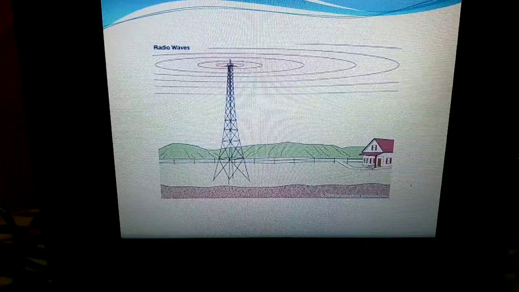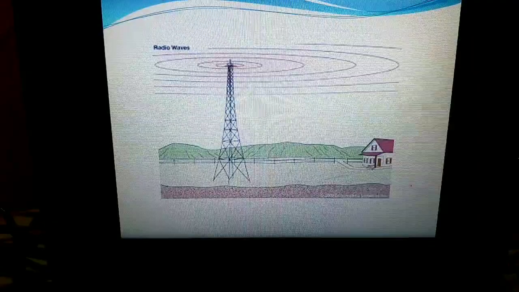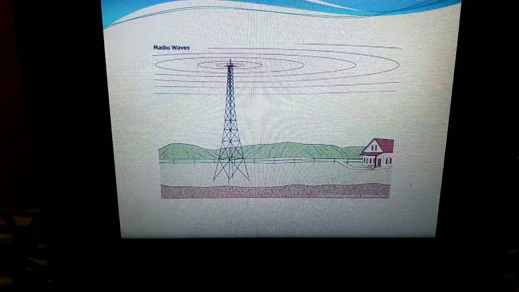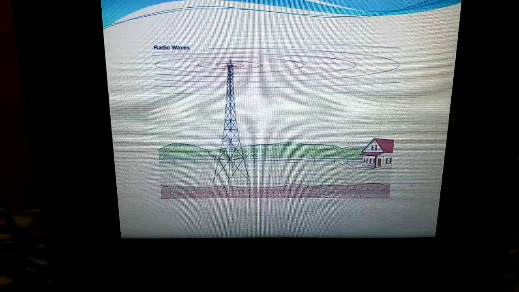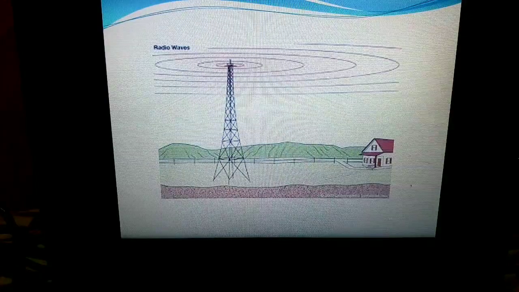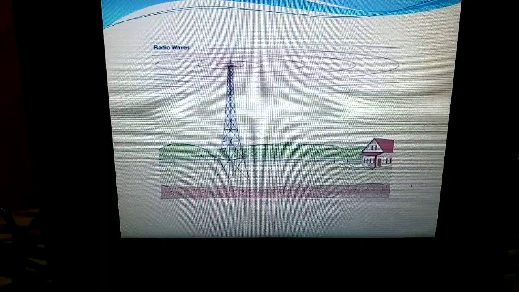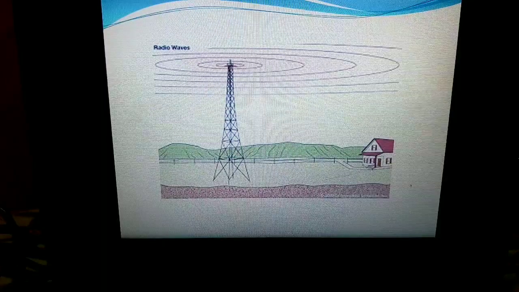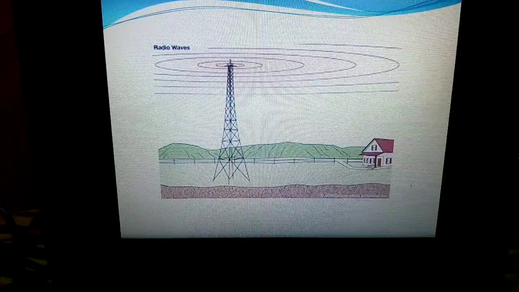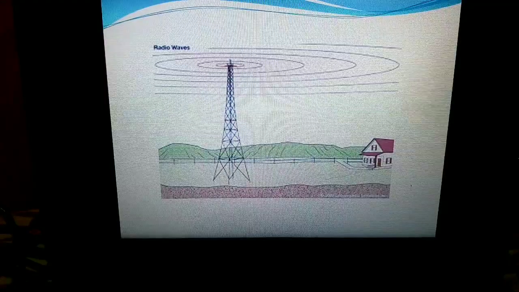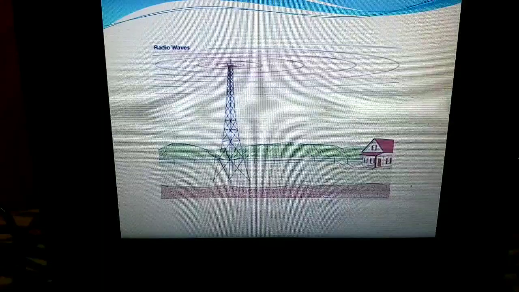It so happened in earlier days that whenever we used to hear the radio, if it was heavily raining, we were unable to clearly hear the voice. We could hear up to a certain level, but not that clear, because they are very much susceptible to weather conditions. It might be thunder, storm, rains, whatever it is. Okay, so let us move on to the next one, the microwave.